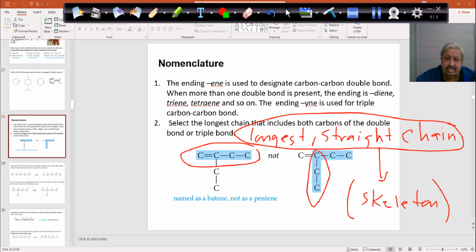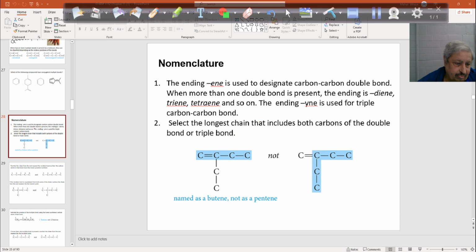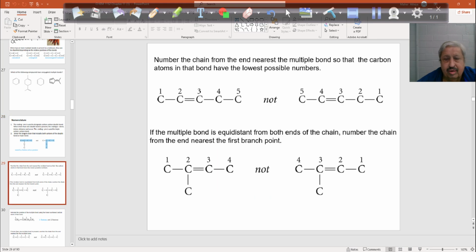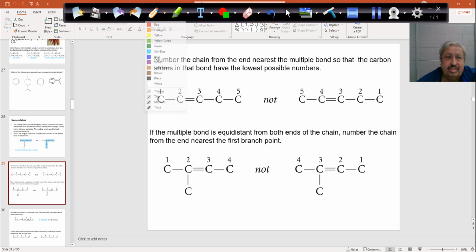That is the skeleton of the organic structure, correct? So that's not the case. We have to see always the longest straight chain, correct? So that's the case. Here, just the same thing in numbering. Here you can see we are looking at the longest chain, and now we have a double bond and a triple bond. If we have a double bond, remember, skeleton is the longest straight chain, correct? That's the skeleton. Besides this, when we have a double bond,